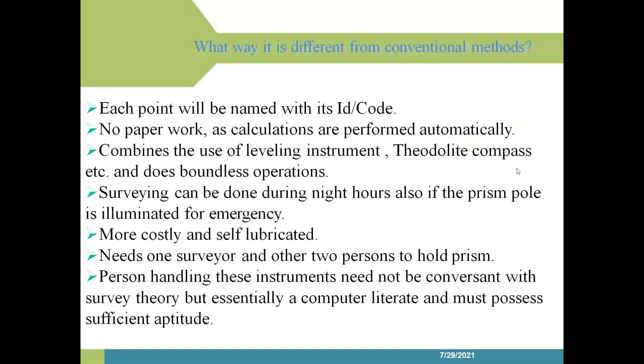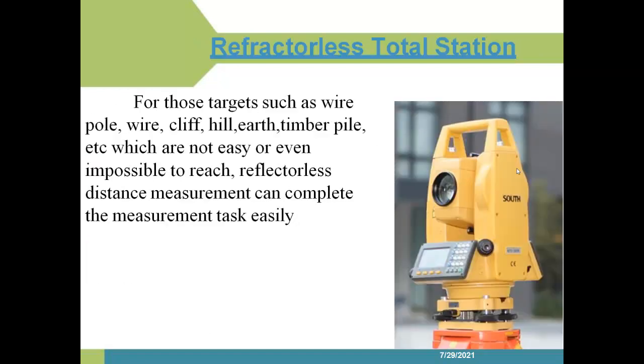and each point will be named with a different ID and code. From that we can calculate the values easily. At the same time we can do this survey at night time also, but the instrument is very costly. So we need one surveyor and two persons to hold prisms. And the reflectorless total station is mainly used to get targets like